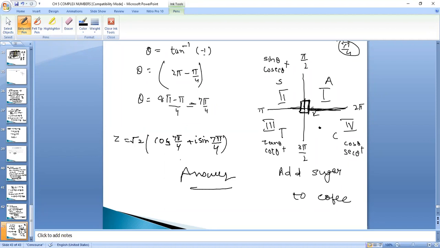This is important: when the quadrant is not the first quadrant, when it is any other quadrant, how will you take that angle? To shift pi by 4 to the fourth quadrant, what are we doing? We are doing 2 pi minus pi by 4, because theta remains the same when we subtract it from 180 or 360. 2 pi minus pi by 4 means the angle will lie in the fourth quadrant. Cos theta will be positive, sine and tan will be negative, right? So this is how to change the quadrant.